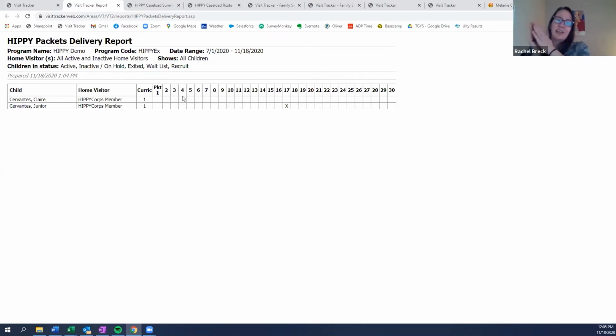So this looks cool as the year goes on, right? Because the X's go across the screen, and it just looks so nice and pretty. It might be different if children exit. So that's another way to see too, right? If all of your kids are week 15, except for 2 that are at week 3, it probably means they exited early, right? And you'll probably know